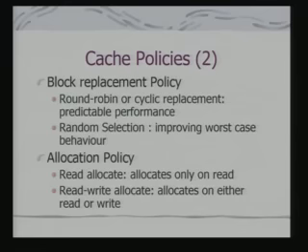Now, you can realize that when we are talking about these block replacement policies, these policies have to be implemented in hardware in the cache controller. So, really I do not have an option of going into very sophisticated policies. A block replacement using round robin is simply a ring counter, that is, a modulus counter will give me an implementation of round robin, and a random selection is effectively a random number generator, and that can also be very easily implemented in hardware.